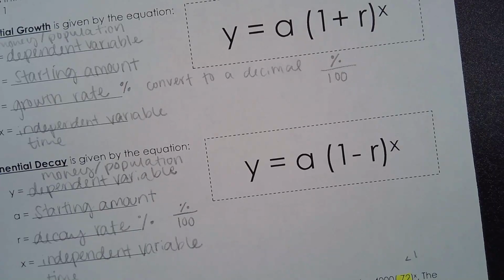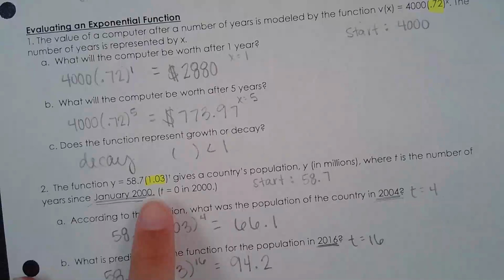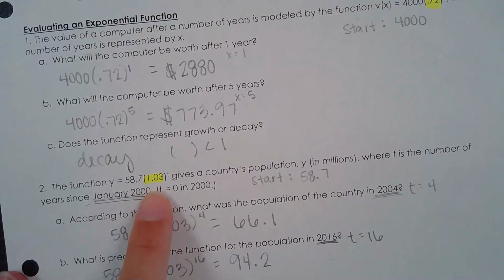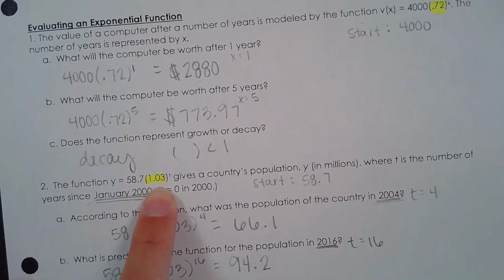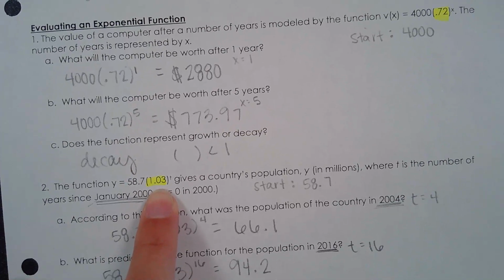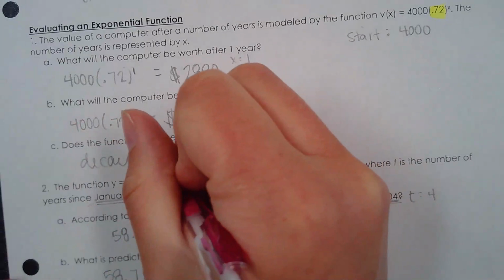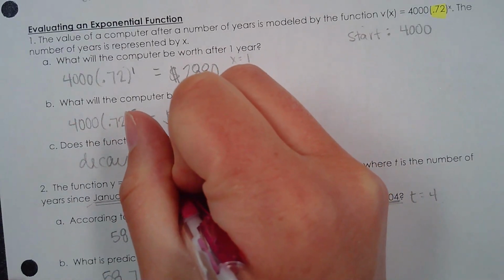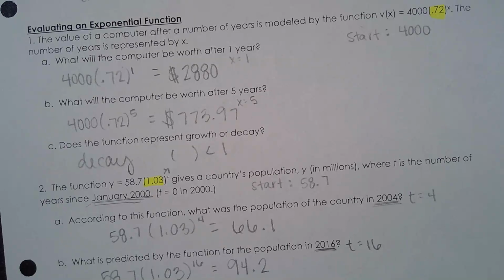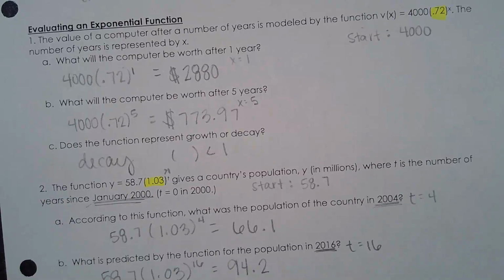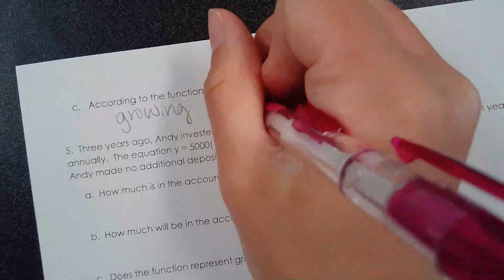So then if we go look at the second one, which we said was growth, this number, is that bigger than 1 or smaller than 1? 1.03. That's bigger than 1, right? This number is bigger than 1. I'll write that really small right there so we don't get confused. So if the number inside parentheses is bigger than 1, that's going to be growth. So I'm going to flip over to the back where we wrote that again. So when we said it was growing,